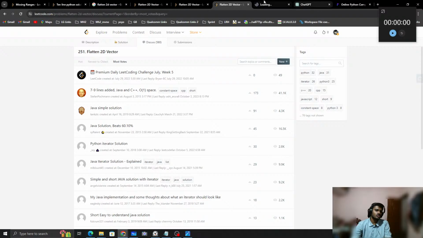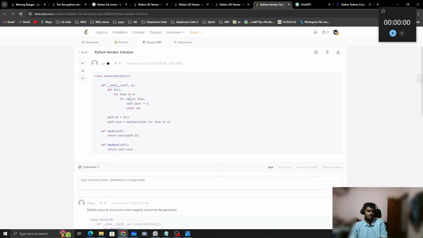Python iterator solution. Let's see. Just defined a new function it: for line in a, for value in line. Okay, self.size minus equal to 1. Okay, yield val. Yield means what? Self.it is equal to it, self.size equal to sum of len of line for line in a. Return